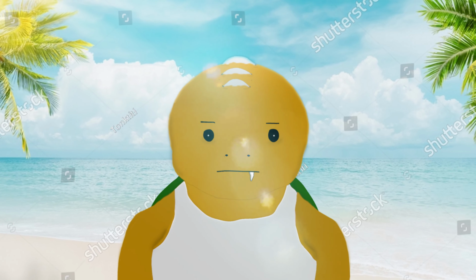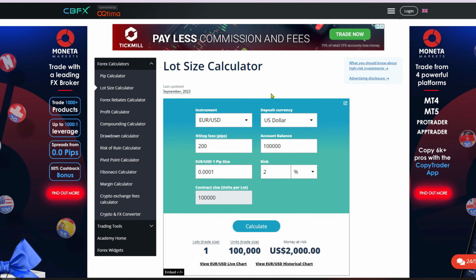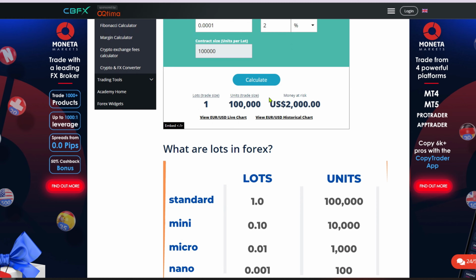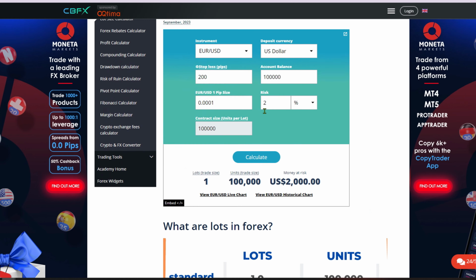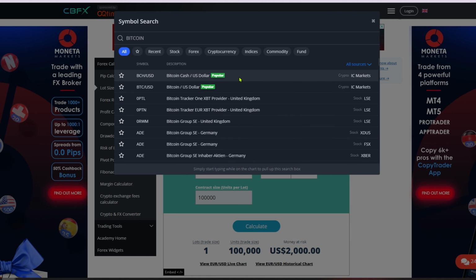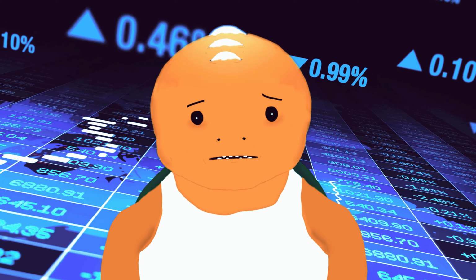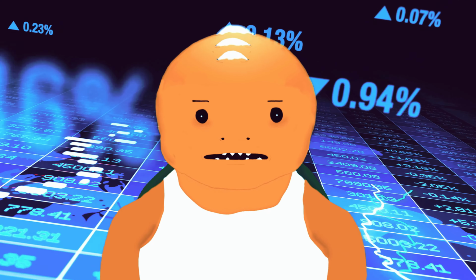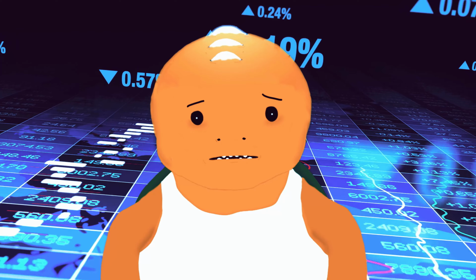This involves calculating what lot size you will use. It's really simple. You search for a lot size calculator and go to the first website you find. Enter your currency pair, the size of your capital, what percentage you want to risk, at what price you want to take a position, and where you want to place your stop loss. No matter how you trade, your job is to make sure your losses are small enough for your winning trades to cover them and bring you a profit back.